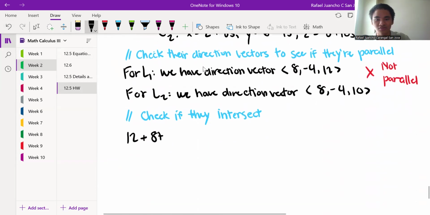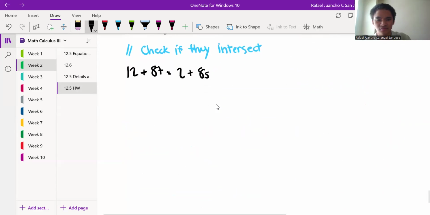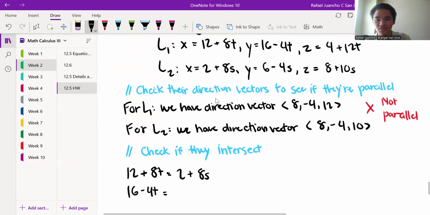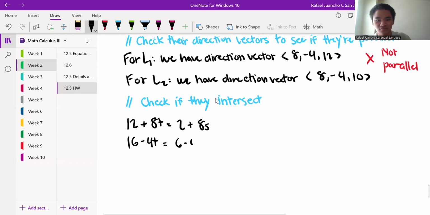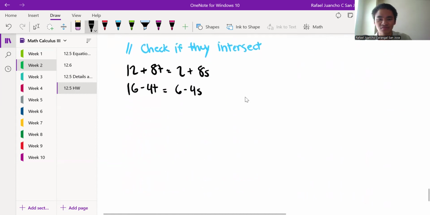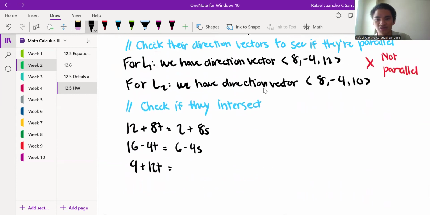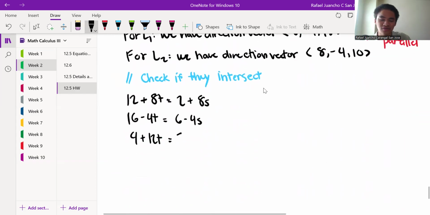We can say this is equal to 2 plus 8s. That's our first relationship between the two lines. Then we have 16 minus 4t equals 6 minus 4s. And then we have our last one, 4 plus 12t equals 8 plus 10s. Now here you notice